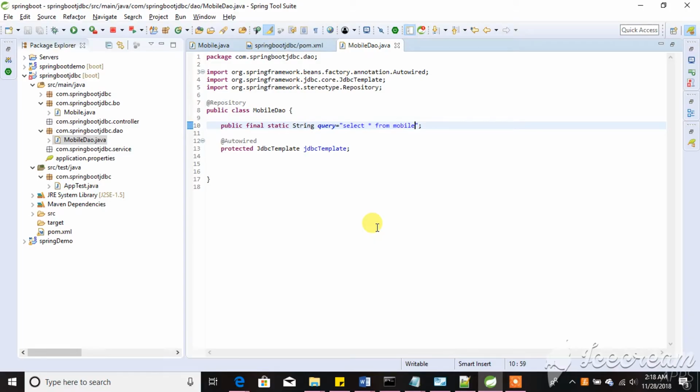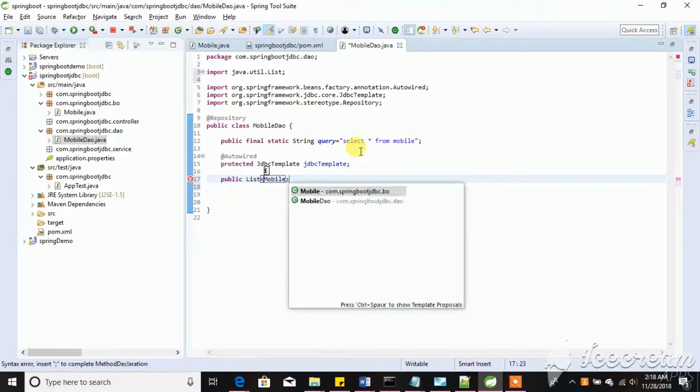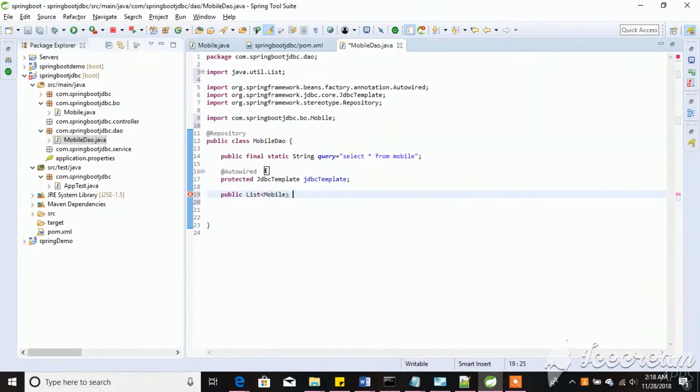By using this JDBC template, we need to execute the query. Public, it will return a list of mobile objects. That's why we need to create a list of mobile. getMobiles is the method. Here we will execute the query